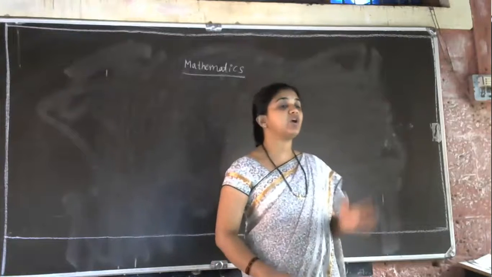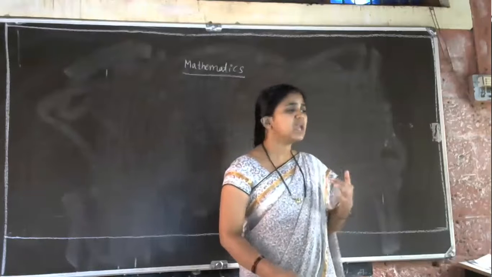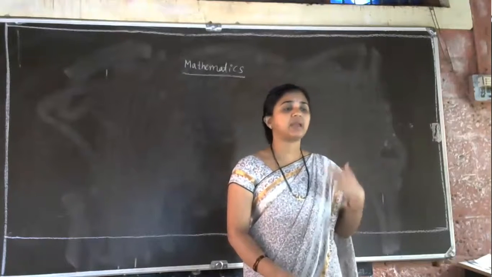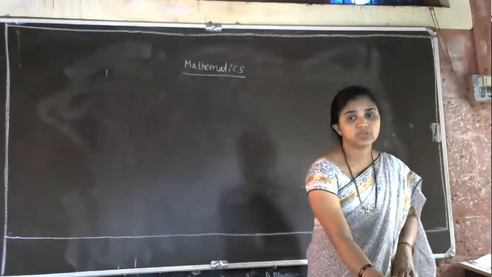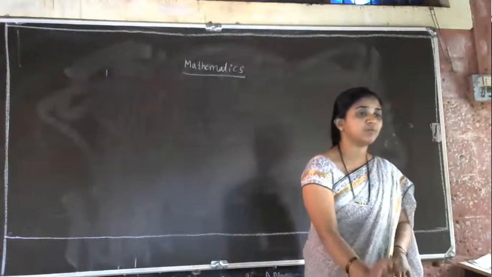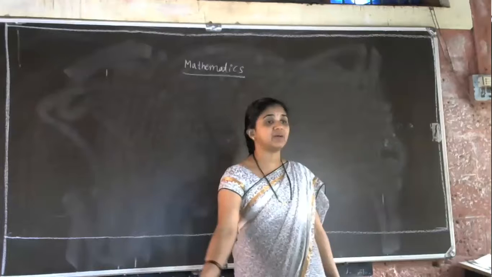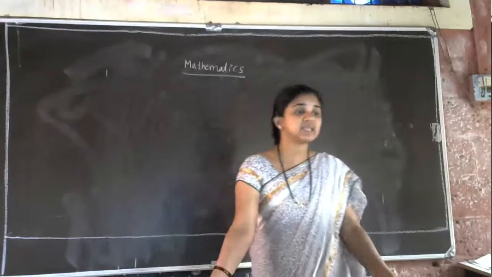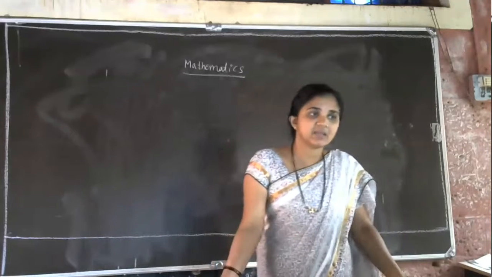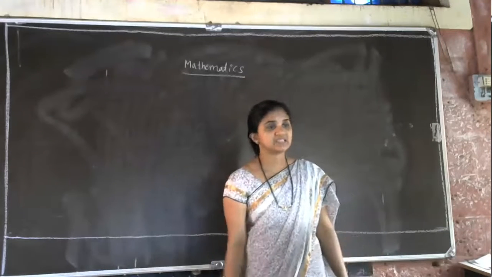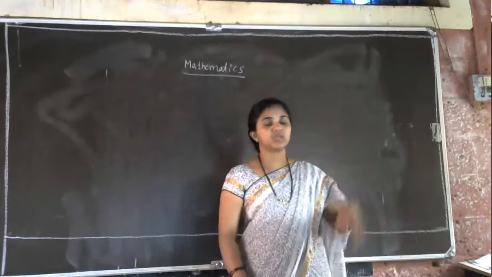Yesterday we got the proof of AA similarity criteria, how it is true. We cannot accept a statement like axioms or postulates. How would we know that two triangles are similar if three angles are equal? It is difficult to accept just like that, so we need the proof. The proof is in the form of a theorem. Yesterday we discussed the AA similarity criterion theorem. Similarly you have the SSS and SAS similarity criterion theorems, but for this year those two theorems are excluded from the syllabus.